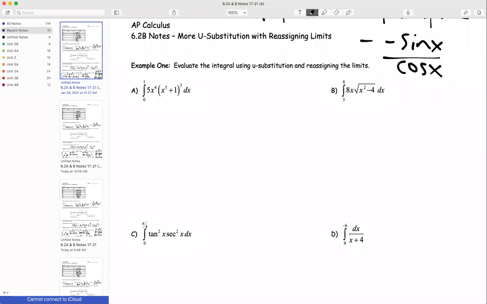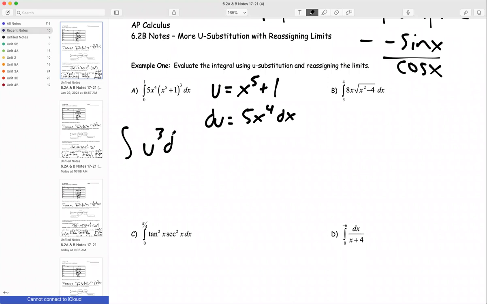Okay, so I am going to let u equal x to the fifth plus 1. Therefore, du would be 5x to the fourth dx. And this matches up. So I have the integral of u to the third du,